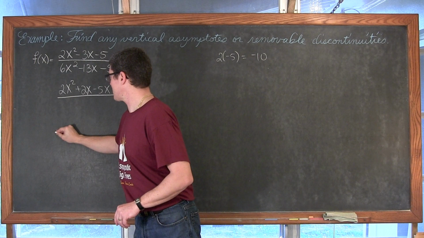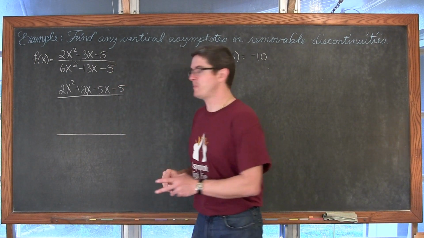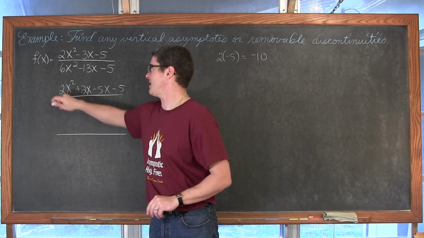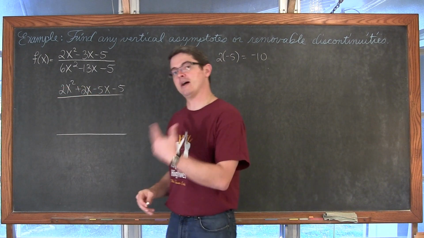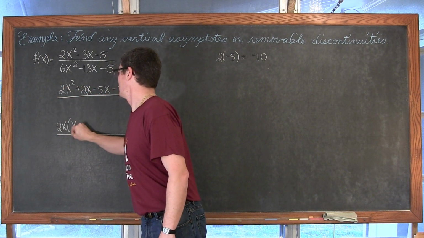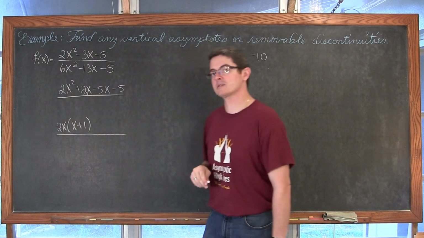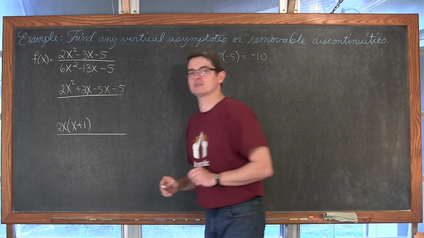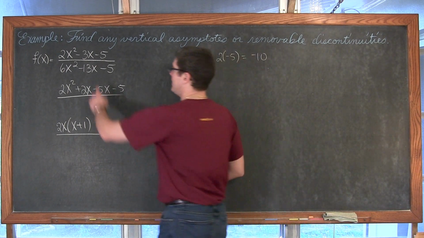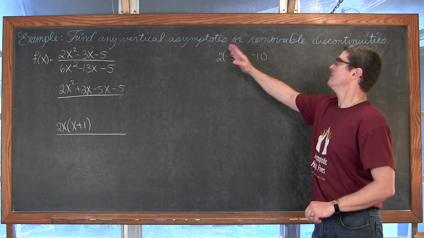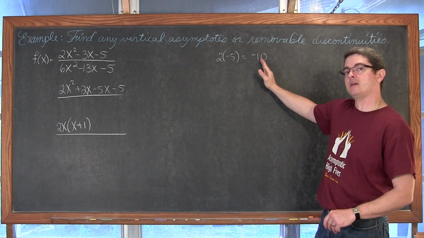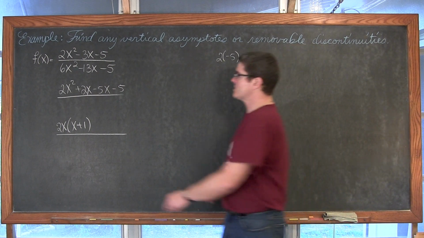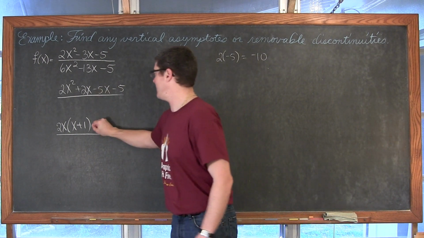Now we're going to start factoring by grouping. What I mean is we're going to find a common factor in the first two terms. They're both divisible by 2 and they both have an x, so we're going to factor out a 2x. 2x squared divided by 2x is x, and 2x divided by 2x is 1. Now we're going to look for a common factor in the last two terms. Hopefully, if this is factorable, and it is factorable if we can find factors of that product that add to the middle term, then it is factorable. These two terms both have a common factor of negative 5.